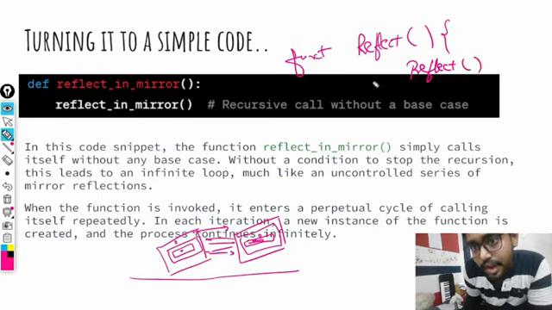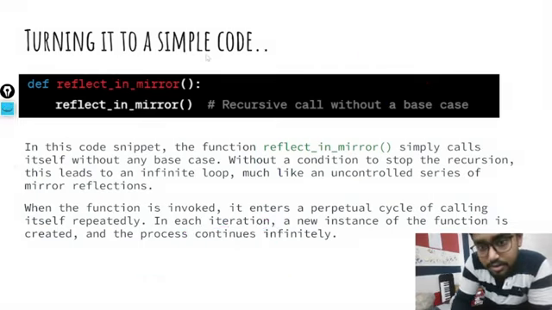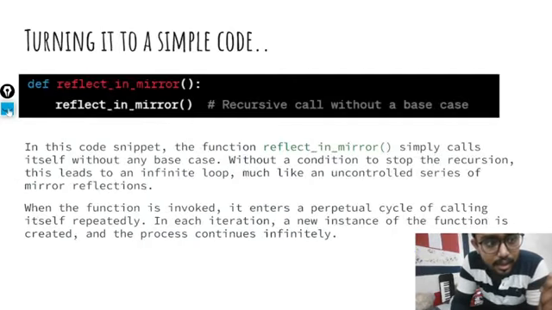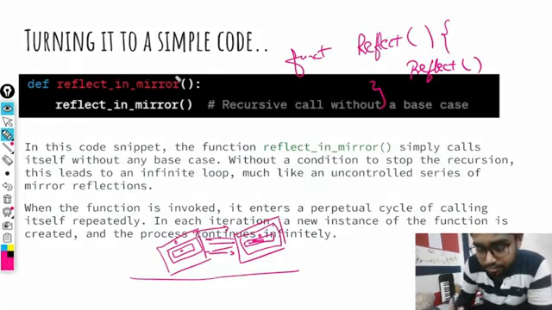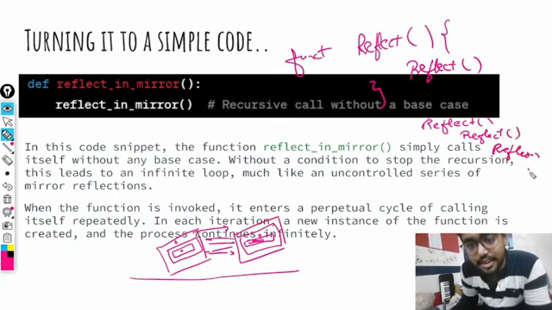Whenever you stand with your laptop's front camera on in front of a mirror, this is what happens. If you want to represent it programmatically, this is what happens. Your mirror says, okay, I'll reflect. Now, what it reflects is your laptop screen, which also has the function reflect. Now, this reflect reflects, and that reflect again reflects, and it keeps reflecting again and again